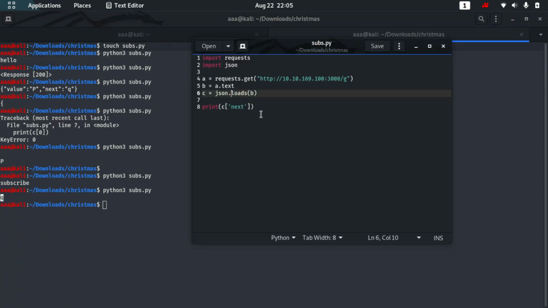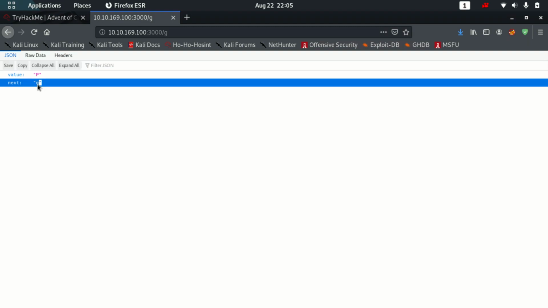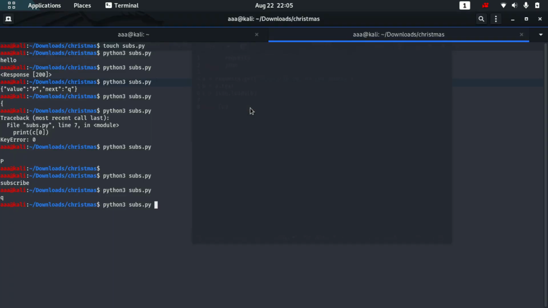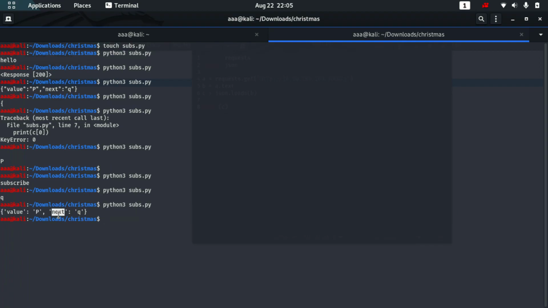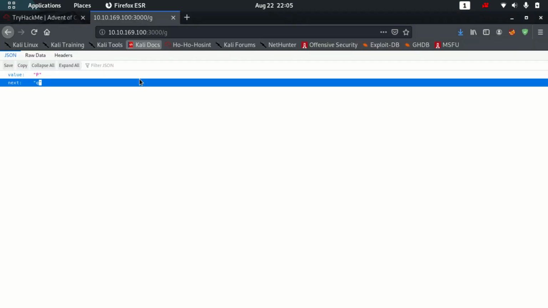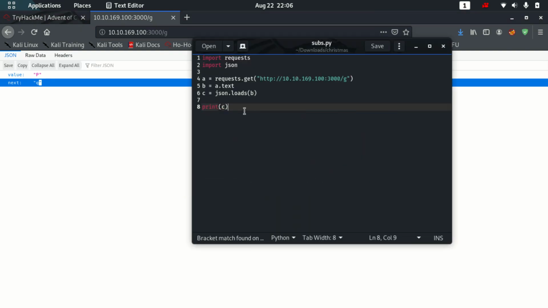Say I got q, because here you can see q and it's the same. See, I'll show you. I'll print c and again I'll run this. Yeah, now this is not a string, this is a dictionary, and I can access q just by putting in next. So here what they wanted us to do is we need to do this again and again many times. So we are automating it with Python.